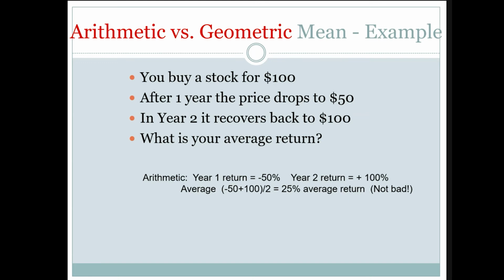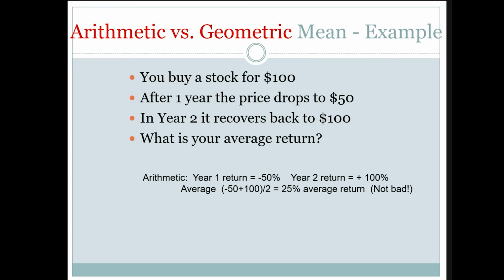So if we take the average, the arithmetic or simple average, minus 50 plus 100 divided by 2 gives us a 25% average return. But my question for you is, does this make any sense? Did we actually generate a 25% return over those 2 years? No, we didn't make any money. We started at 100, we ended at 100. The fact that we lost half our money and then made it all back says we generated a 25% average return,